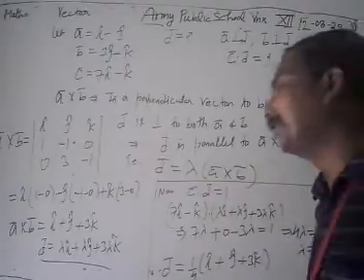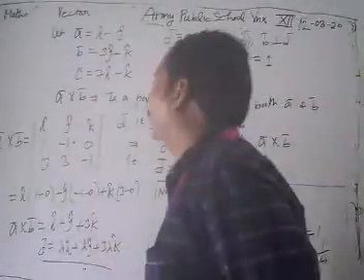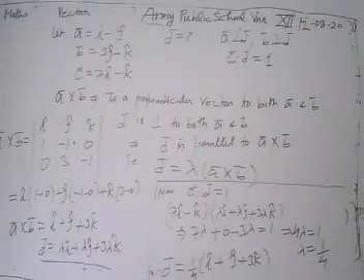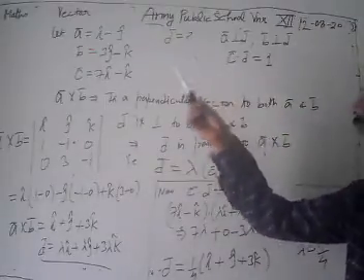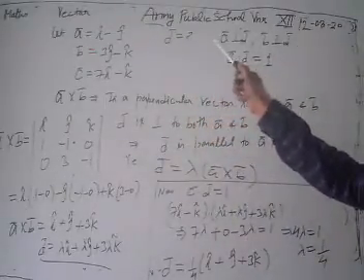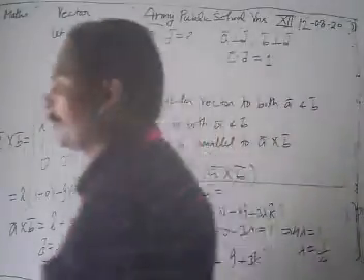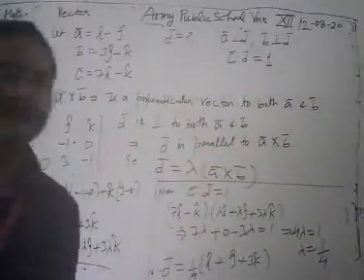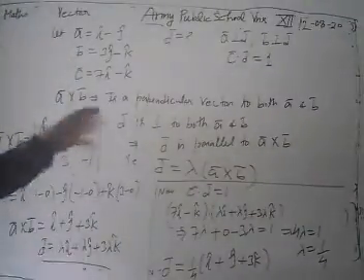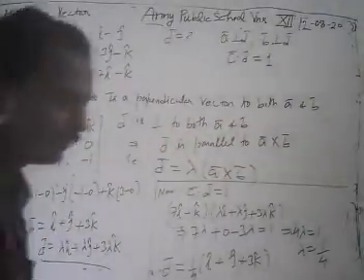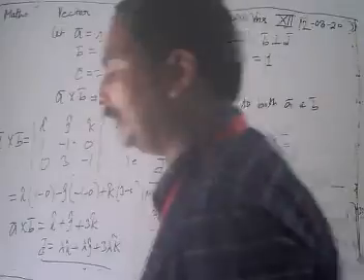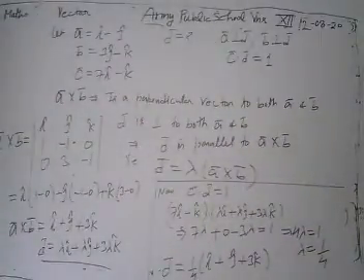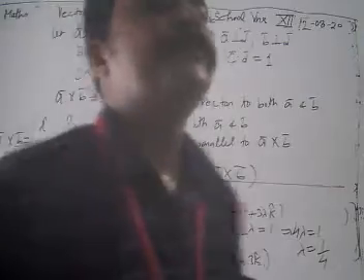Now look up, it is one of the important problems, also asked in last year's board examination. We are given vectors A, B and C in the form I cap minus J cap, 3 J cap minus K cap and 7 I cap minus K cap. Then we have to find vector D, which is perpendicular to A, perpendicular to B, and the dot product of C with D is 1. To find the vector D perpendicular to both A and B, we start with the vector A cross B, which is perpendicular to both vector A and vector B.